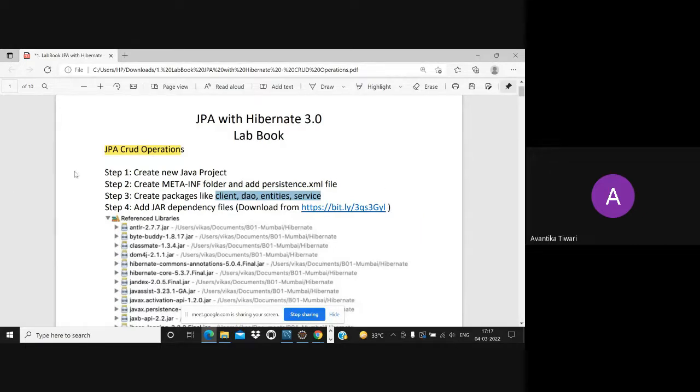So the first step, whenever you want to implement CRUD operations using JPA, is to create a new Java project.